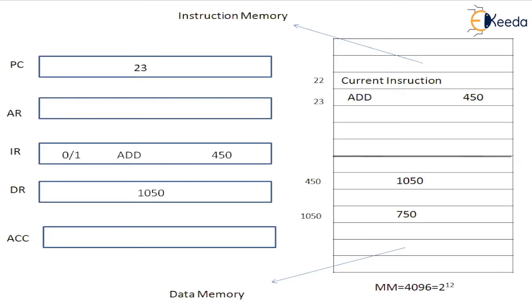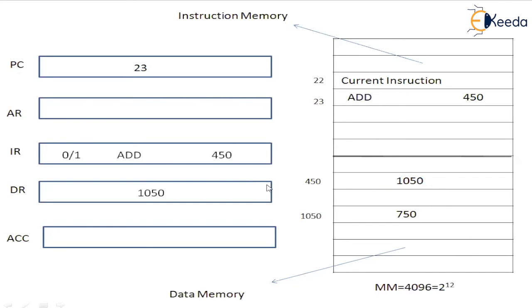Now till here, the direct addressing mode and indirect addressing mode have no difference. In the direct addressing mode, 1050 will be the operand, and the contents of the accumulator will be added to the contents of the data register. Since 1050 is the operand, but we are using the indirect addressing mode, right? In the indirect addressing mode, 1050 cannot be an operand at all. This 1050 is one more address. This 450 is specifying one address. This address part of the instruction is specifying one address, under which there is one more address.